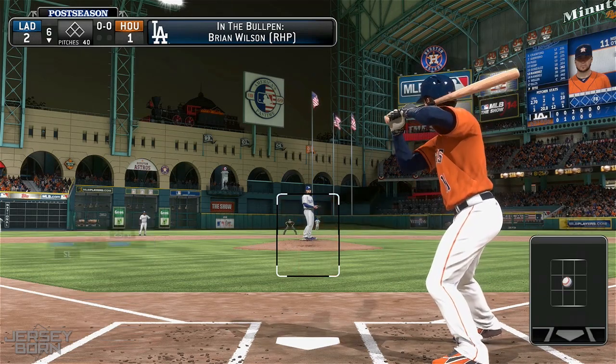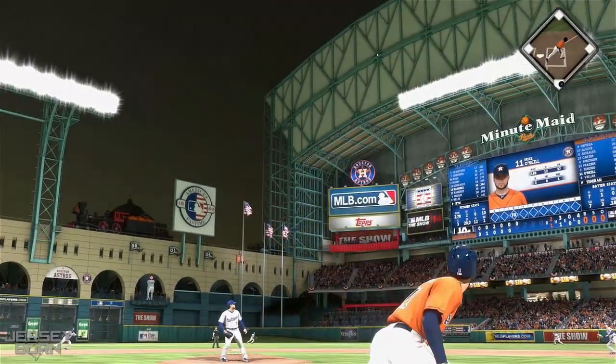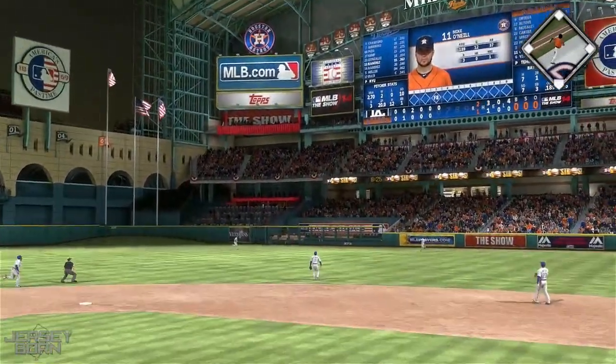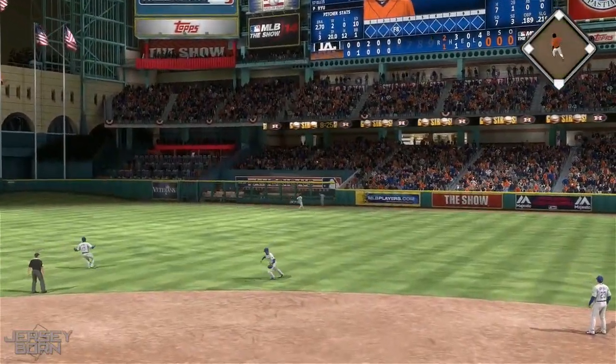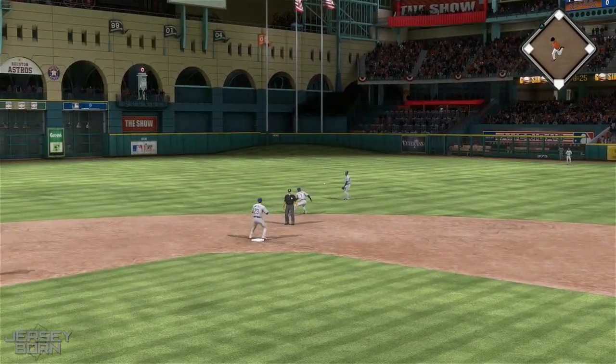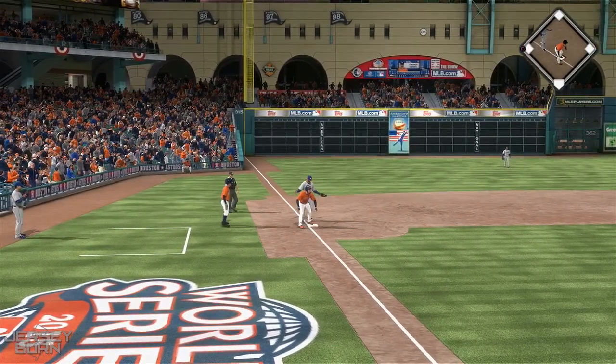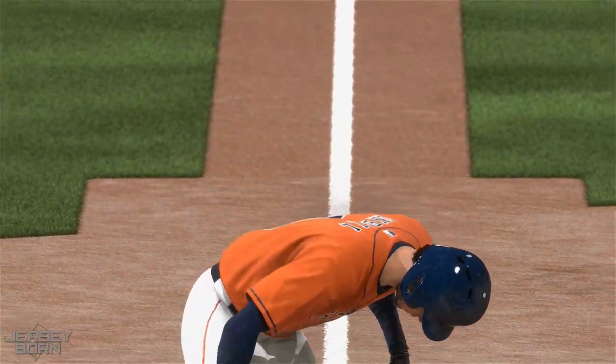We are here in the bottom of the 6th inning as Mike O'Neill digs in for the Astros. Here's the kick and the pitch from Ryu, and that's given a ride in the right field. That's back to the track to the wall, and that's off the wall as Puig can't get to it. O'Neill rounds second, and he slides in head first in the third, and Mike O'Neill has himself a lead-off triple